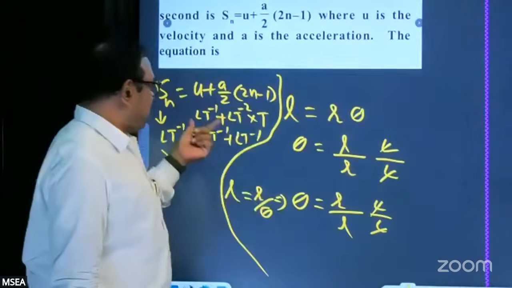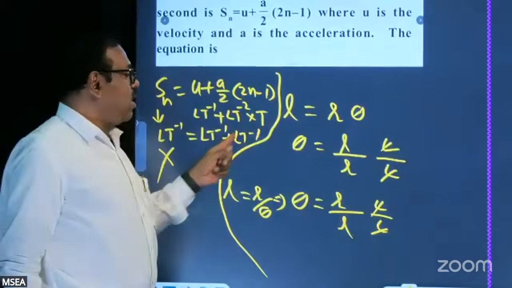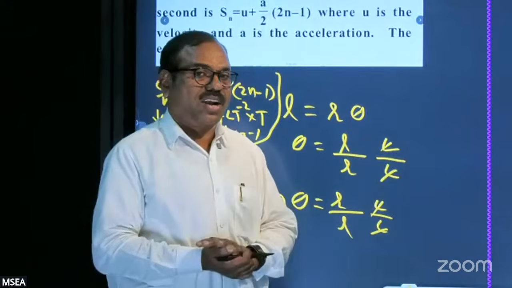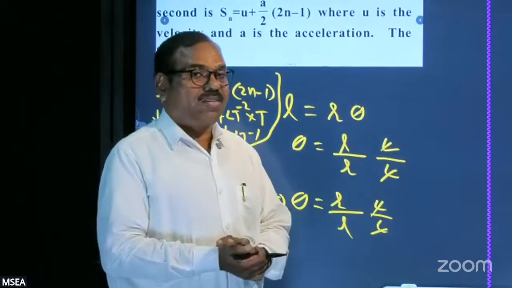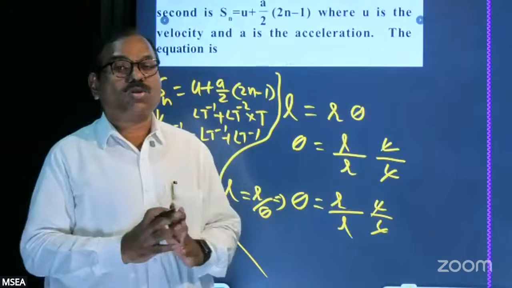Okay, but don't say this is LT minus 1, even this is LT minus 2. Of course, this is T. So that's why, according to the principle of homogeneity, the right side is LT minus 1, LT minus 1. That's why the left side is also LT minus 1. That's why the unit of Sn is LT minus 1, but that is wrong because most of the students